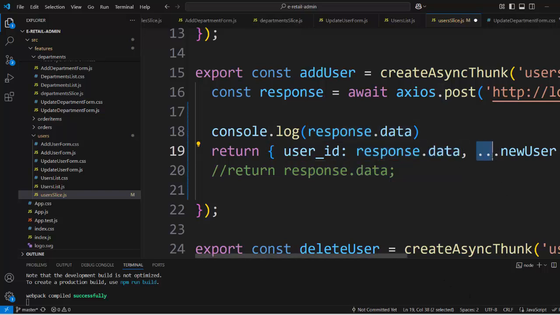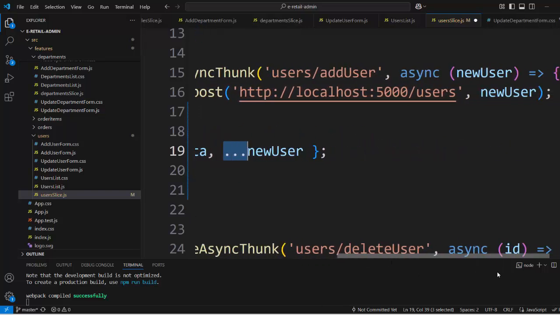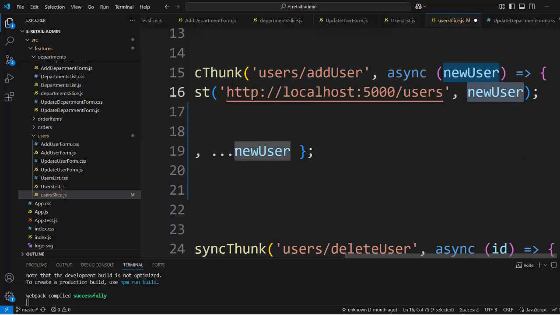And the spread operator, a new user, who is a new user, is here. And that new user is all fields without the user ID, because only the database, when inserting a new record in the table, creates the ID of that record, and in the result object sends it back to Express, and Express sends it back to the thunk, and the thunk